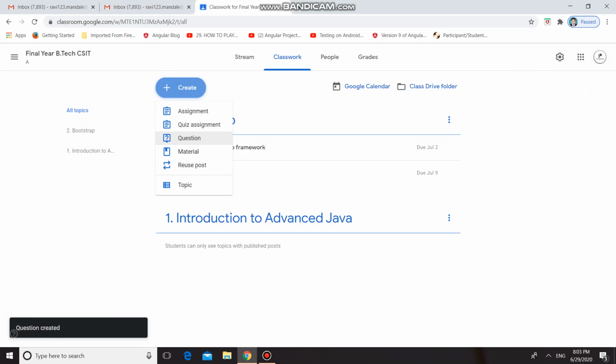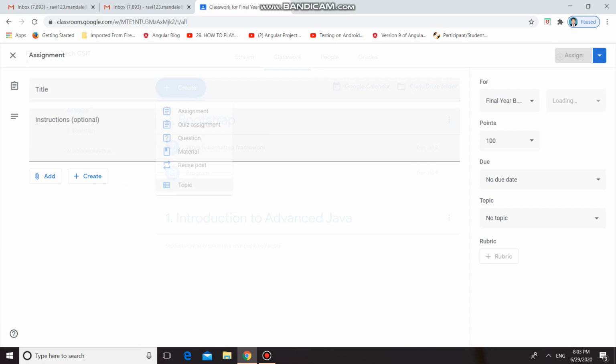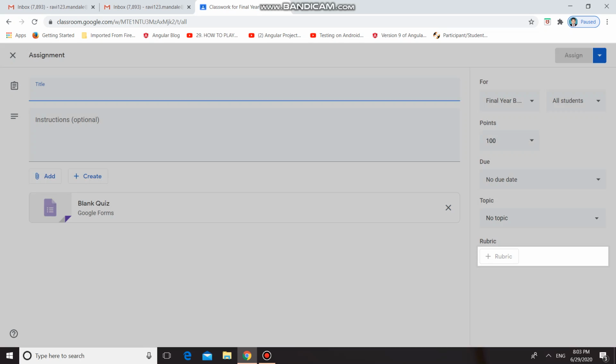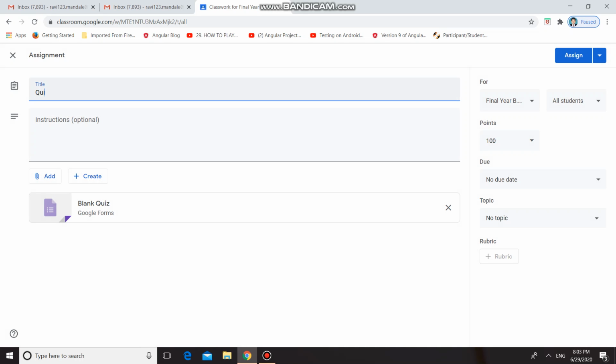Like that you can also create a quiz. Suppose I want to create a quiz on the Bootstrap chapter. You can give some instructions: there are 5 questions, 1 mark per question.